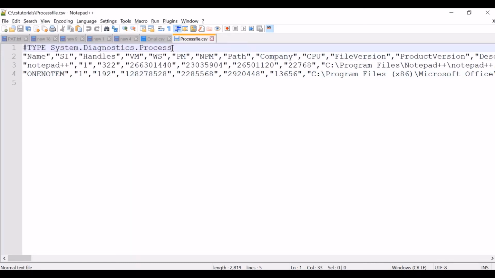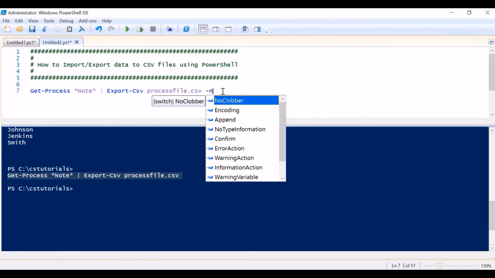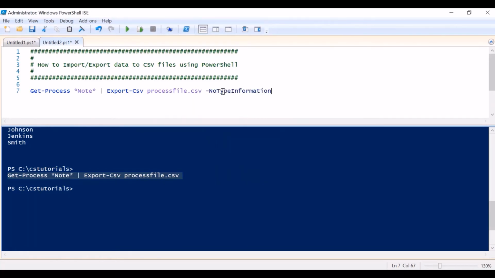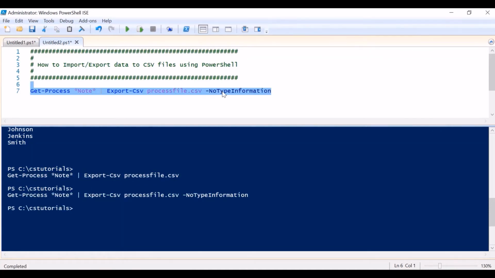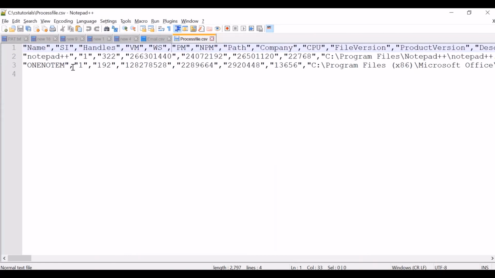This indicates the type of object we got from the Get-Process command. To remove this string, you can pass one parameter here, which is NoTypeInformation. With that parameter, the type of the object output will be removed from the CSV file.